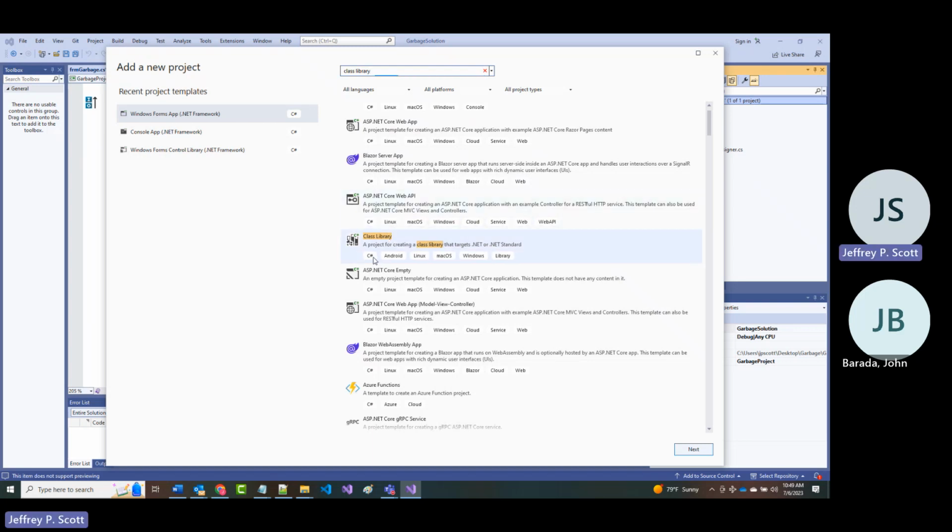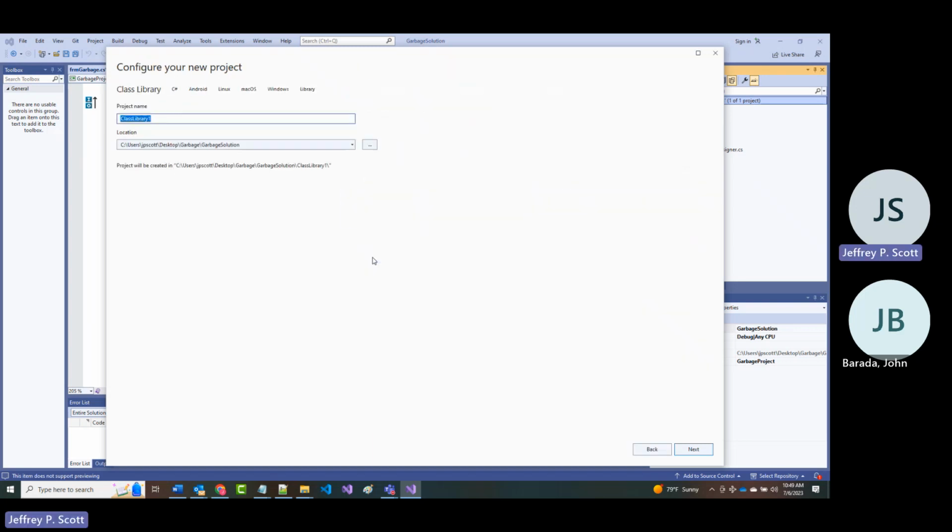So I'm going to go to C#, and I've got to give it a name. I'll just call it Jeff's Library, which is a stupid name, to be honest with you. Okay. And it knows the location, but that's fine. So I'm going to say next.